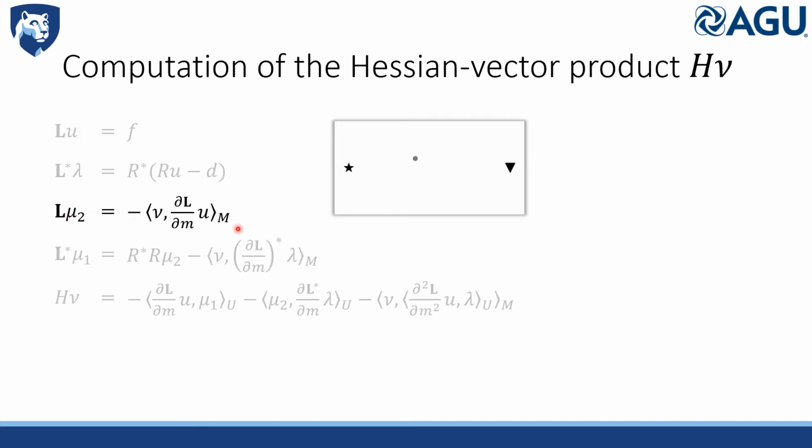The third equation is to simulate the second order forward wave field nu2. The source shown on the right-hand side is the interaction between nu and the forward wave field U. Since nu only has non-zero value at this location, the source only has non-zero value right here as well. So nu2 is the wave field excited by the scatterer.